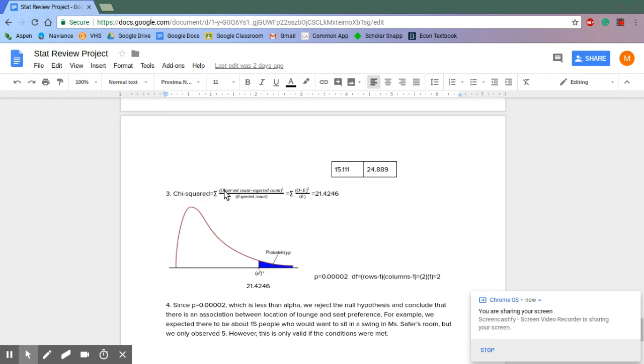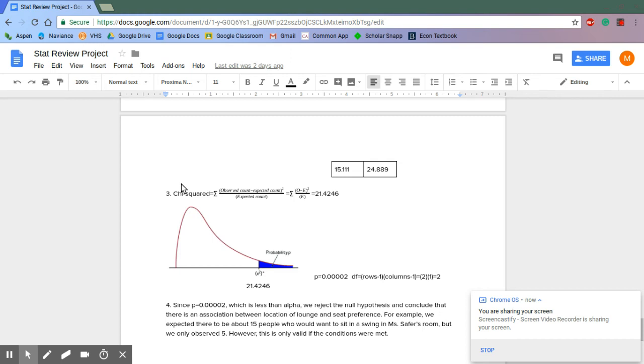For step 3, you could do this out, or the calculator will just give you the chi-squared value of 21.4246. So plug it in your graph, and you can either again use chi-squared CDF, or the calculator will give you a p-value, which when doing a test of independence, to find the degrees of freedom, you do rows minus 1 times columns minus 1, so it's 2 times 1, so we get 2 degrees of freedom, and our p-value